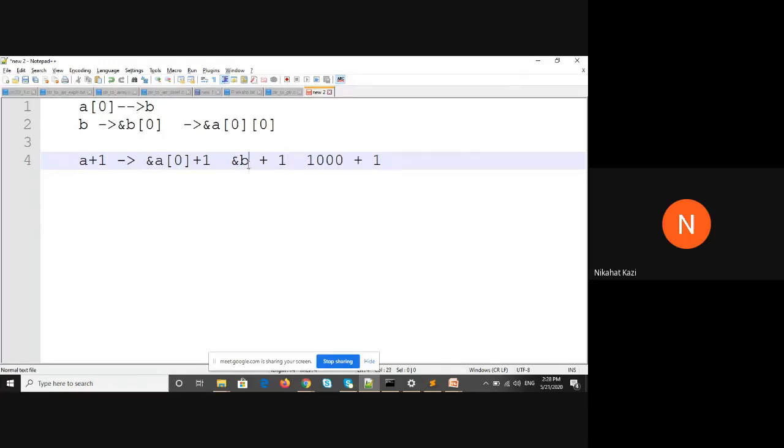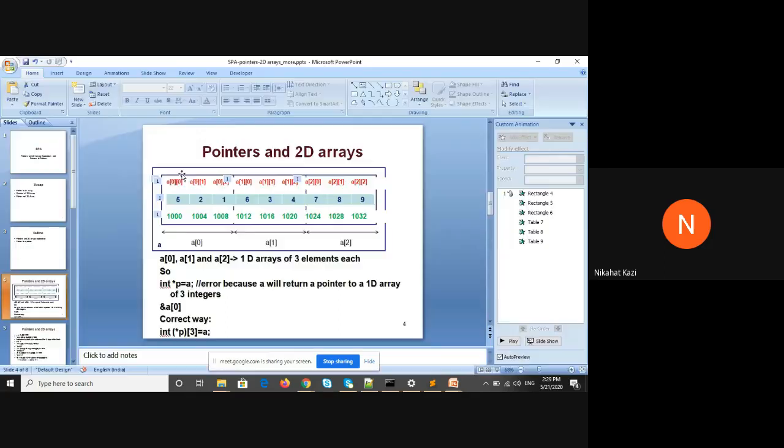But now in this case, B is not a normal integer's address. It is the address of an integer array. Yes or no? It is address of A of 0, which is an entire array's address. What is the size of this array A of 0? Going back, there are 3 elements, 3 into 4, 12 bytes.